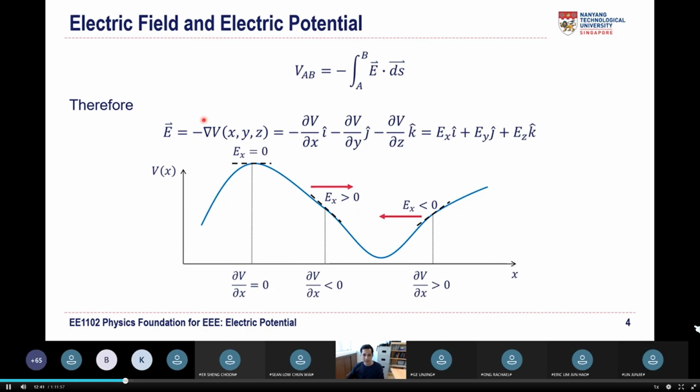Then, when we know the electric potential, we can also obtain what the field is going to be. But in order to do that, we need to do the inverse of this integration, which is differentiation. But because the potential will be different at any point in three-dimensional space using the coordinates x, y, z, in order to calculate the electric field, you need to do so-called partial